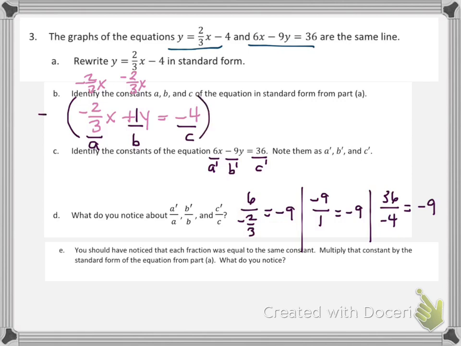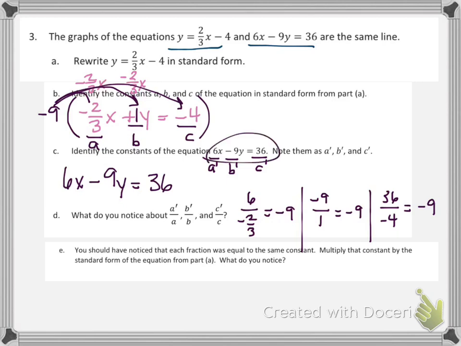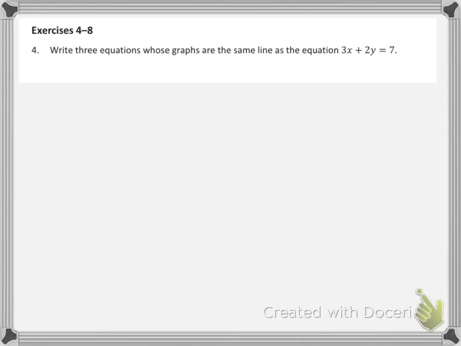So if I multiply through by negative 9, I get a positive 18 divided by 3 is 6x, and that's true. And then that's negative 9 times y is a negative 9y, and that checks. And then negative 9 times negative 4 is a positive 36. So that's equal to a positive 36, and that is exactly what I had for my other equation. Okay, so knowing that, I can take any equation and just multiply by some constant and create new equations that